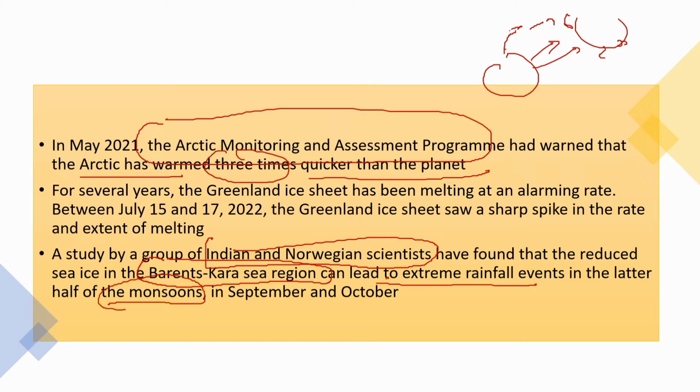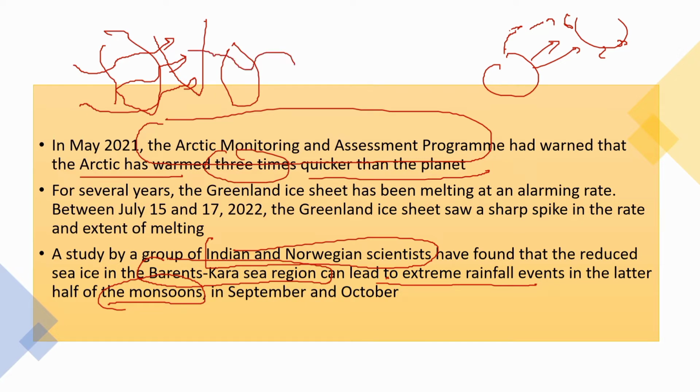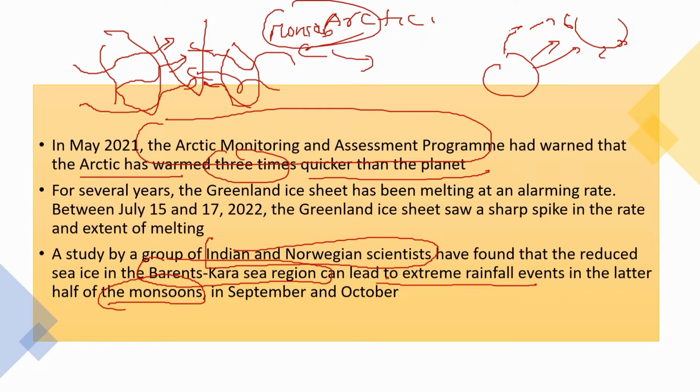Traditionally, earlier studies believed that the monsoon occurring on the Indian subcontinent was mainly from the Arabian Sea and also moving from the Bay of Bengal region. But the current study shows that the occurrence of monsoon is also an outcome of thawing of Arctic or Arctic warming, which also has an impact on monsoon. So on this backdrop, it is very important for India to have a study on this region to look at how the change can affect our monsoon also.